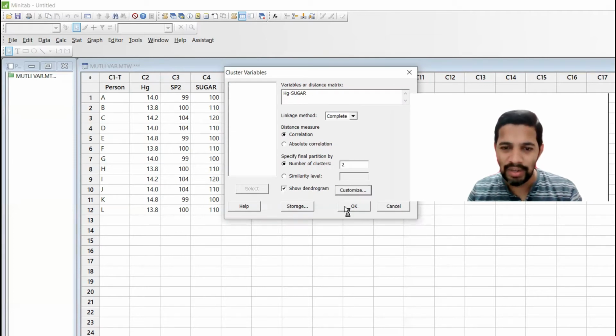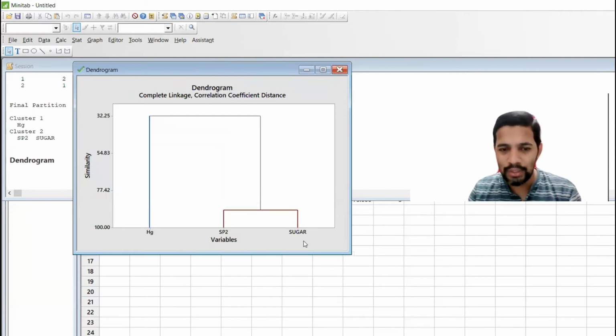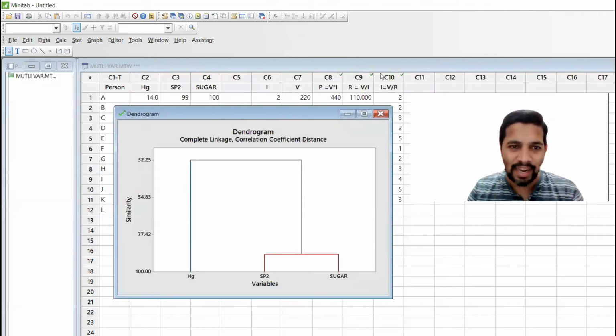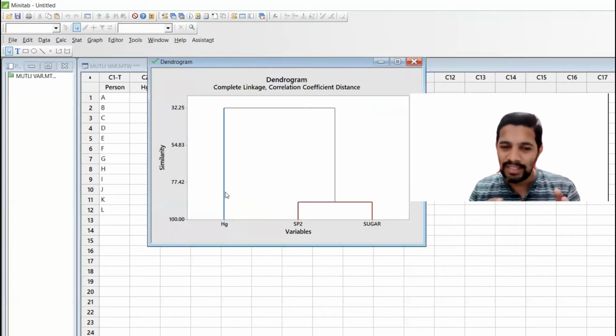And click OK. So this is a beautiful chart it has given, one in text form and one as the graph. What it says is that oxygen and sugar are one group, because the values you see here are more or less the same. That's the reason it is telling us oxygen and sugar are more or less the same group. But these are all very dummy data, so not accurate. I'm just using them for the benefit of explaining the concept. Whereas the hemoglobin level is very, very different. So that's the similarity it has given.